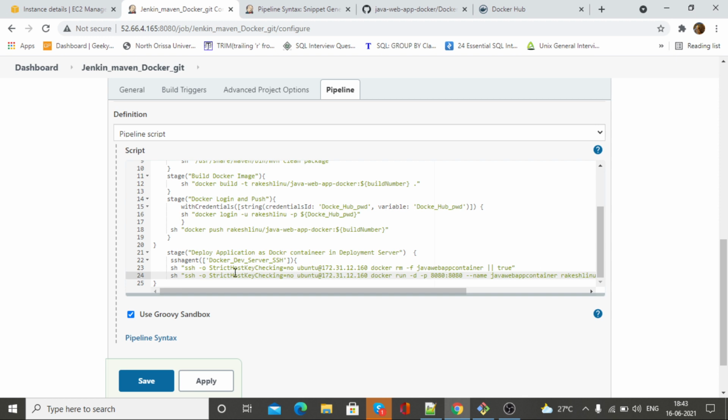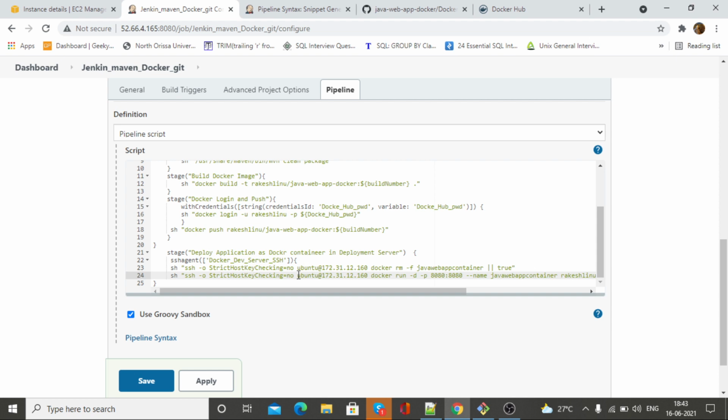Okay, so we need to create for this also, we need to make it passwordless. So for that we have to follow some process by using your pipeline syntax. Okay, there we need to put your ppk or pem file, and this kind of thing will be generated.